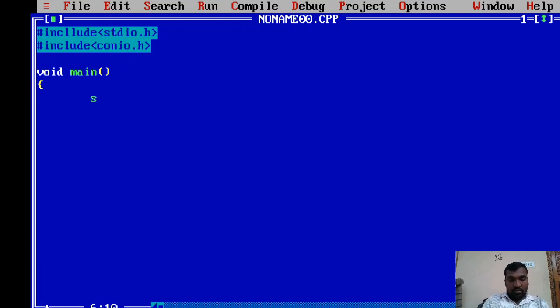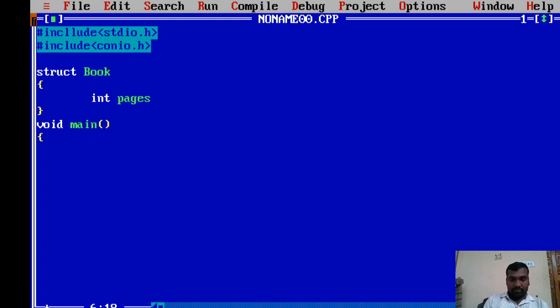Now, struct. First of all, I'm trying to create a structure definition. Struct student, or for example struct book. Okay, so book is a structure. Now for book, we can have number of pages, right?